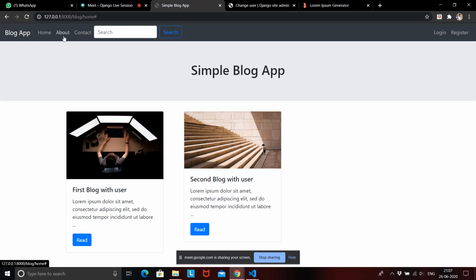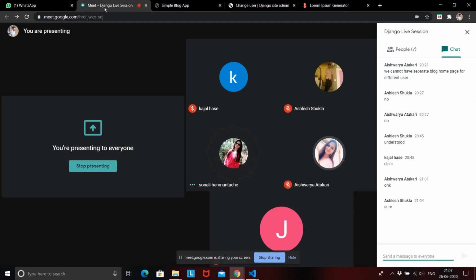You can go to this about page and write about your site. Okay, because anything you can give your contact pages, you can give your about pages. It's all up to you. That is not a very difficult task. You just have to give a particular URL to this button, and to that URL you have to render out a page. So you can do it, or if you don't do it, it's fine. It doesn't matter. The designing of the site is all up to you. My part was just to explain you how you can create things, and it's up to you what you want to create and what you want to not, right?